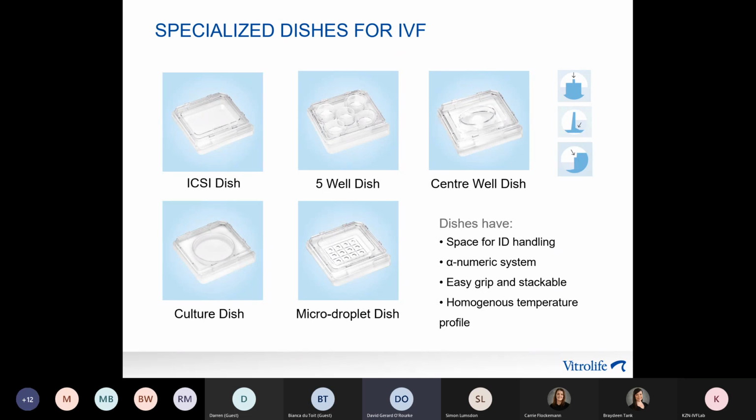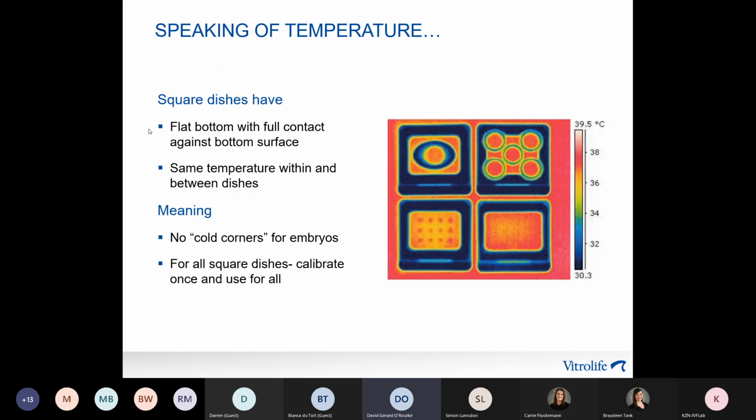There are many dishes that you can see here that are of all applicable stages, but during biopsy, what we would use is a 5-well dish for our vitrification, but use our ICSI dish for the biopsy procedure. This dish allows for a wide space, so the biopsy pipettes can be easily maneuvered around the dish and the biopsy can occur efficiently. As I said, the bottom of the Vitrolife dishes are in direct contact with the heated